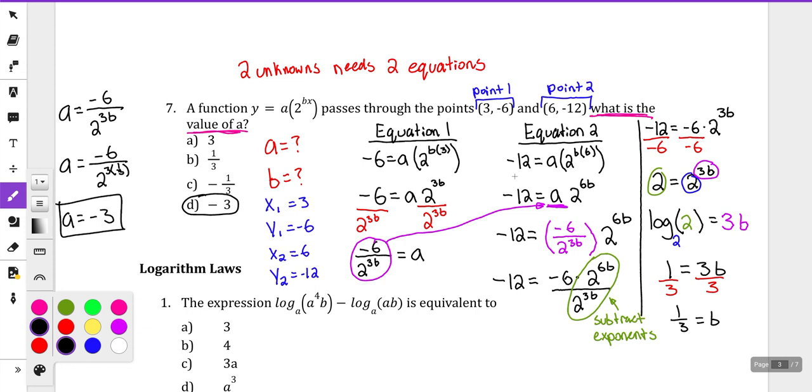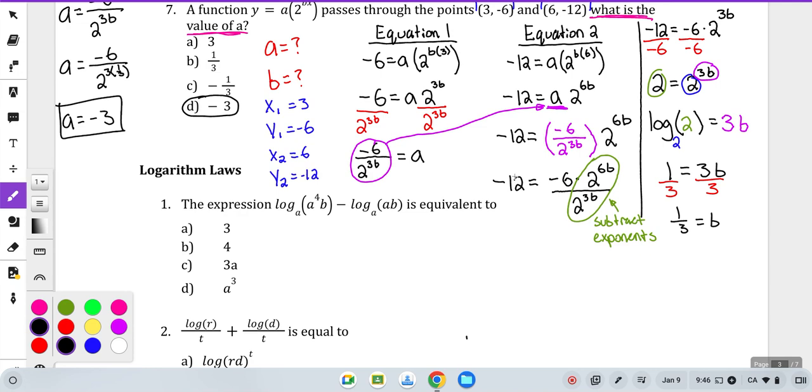They do a weird thing though on your diploma. Give me a second. Let's start up with log laws tomorrow, but then I want to